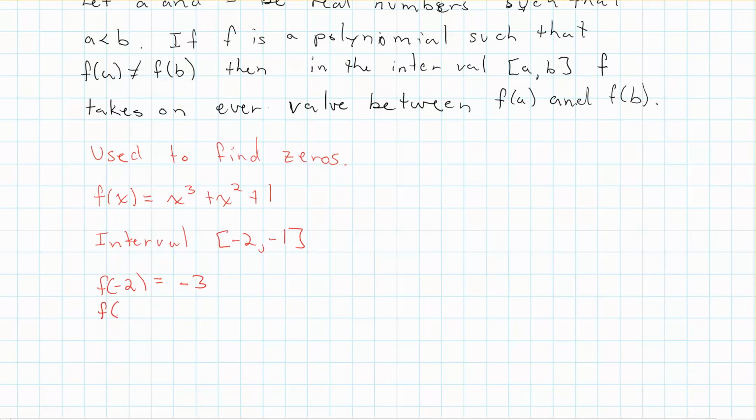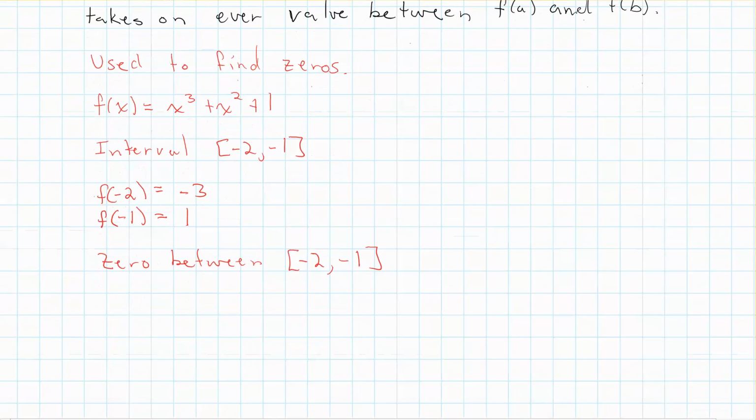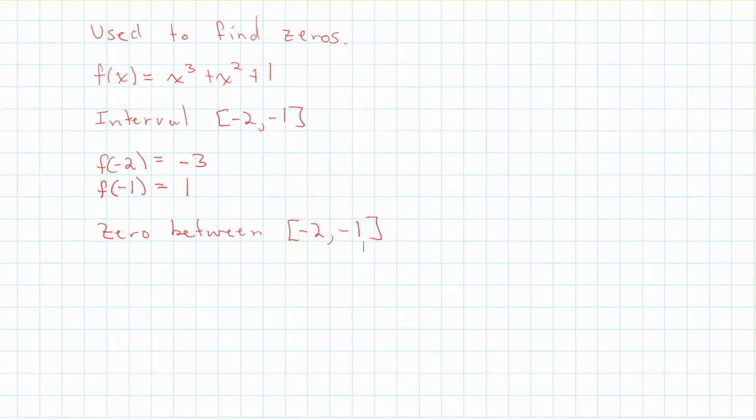And then f at -1 is equal to 1. But that means f takes on every value between -3 and 1 between the interval -2 and -1. So what does that mean? There is a 0 between -2 and -1. Well, you might say that doesn't help me find it too much, and you're right, it doesn't,